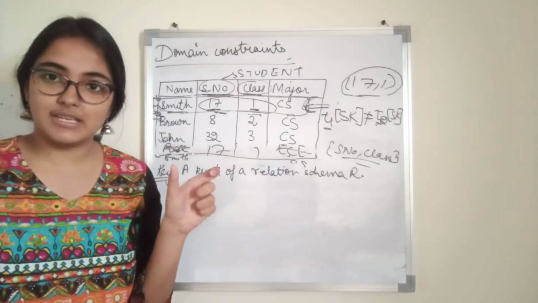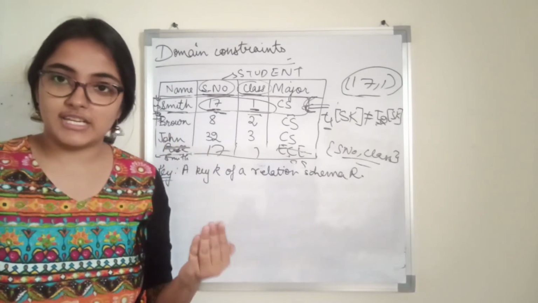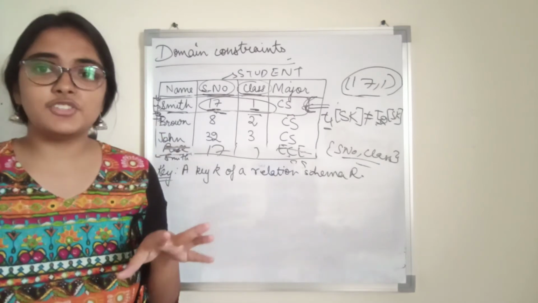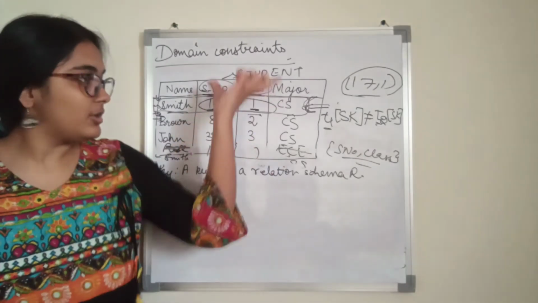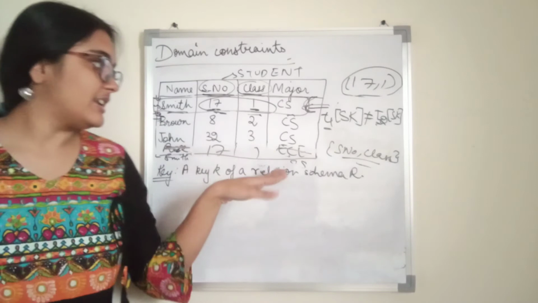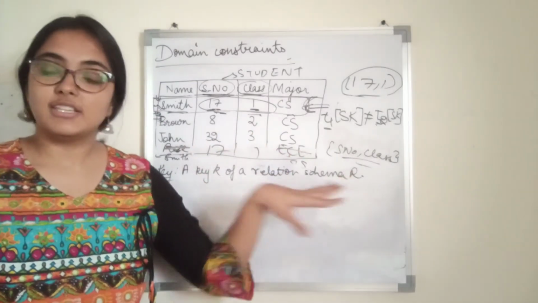What is the relation schema? The description of a relation, right? So it is the property of the description of a relation, an inherent property of the description of a relation. So it should not be like for this particular relation state we are specifying this key, and if the relation state changes, that is if we add more tuples, this property will be violated. This should not be the case.